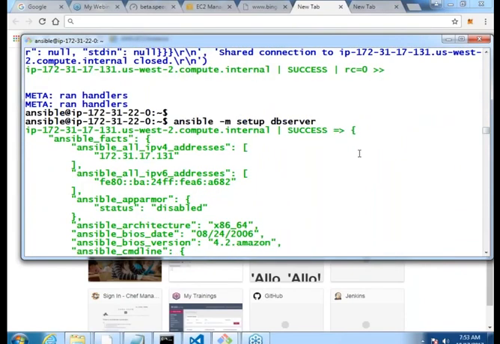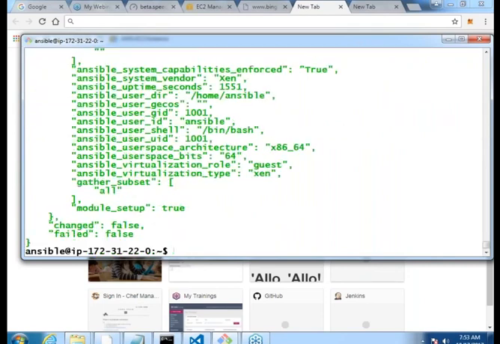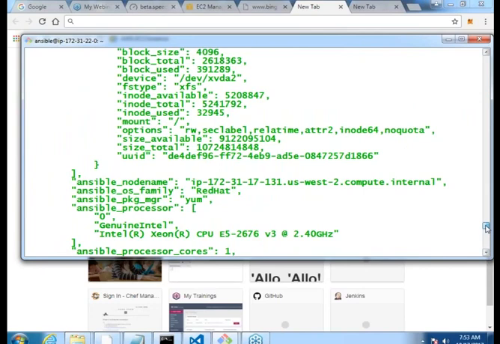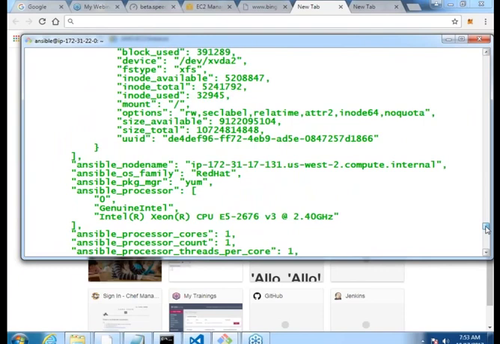It has collected something called Ansible facts. And what are those Ansible facts? The IP address of the machine which I'm speaking to is this, IPv6 is this, Ansible architecture is this. It has collected many details about that machine, and these details are called facts. If you want to do anything on that machine, you can use these facts internally in your playbook.